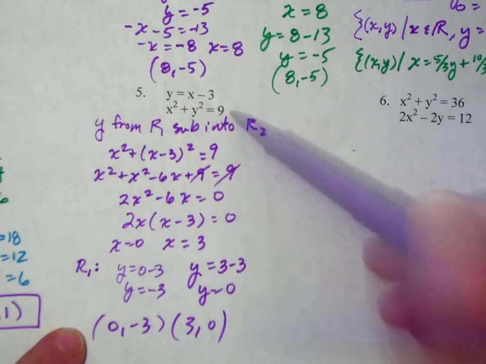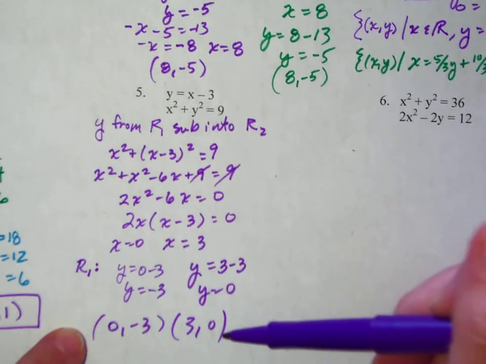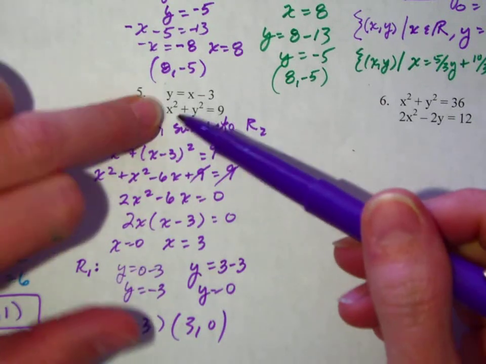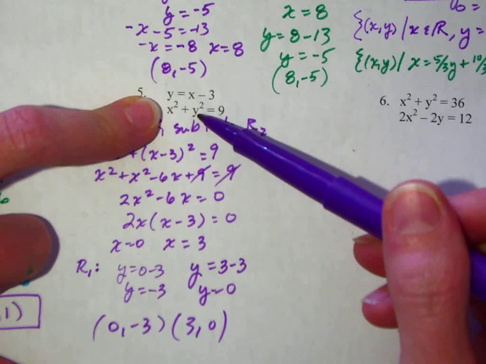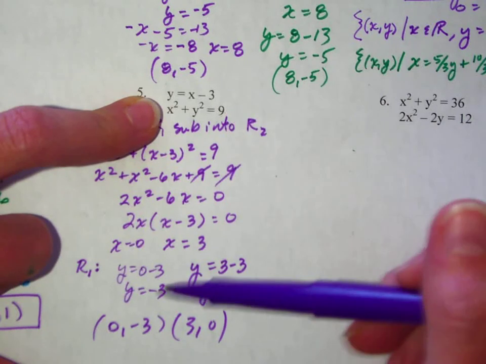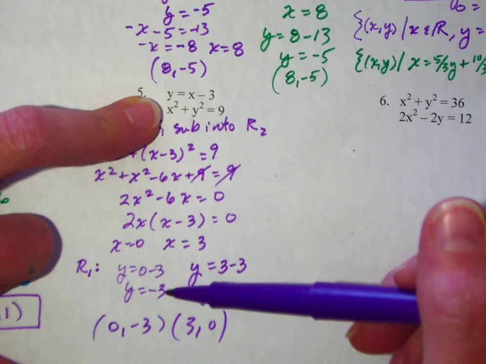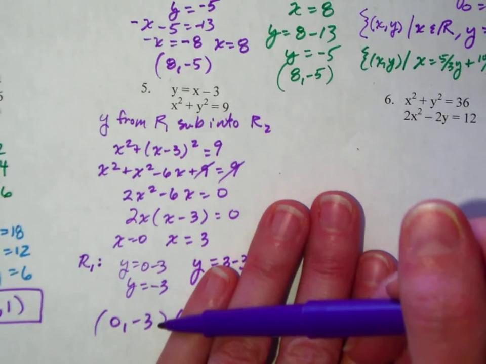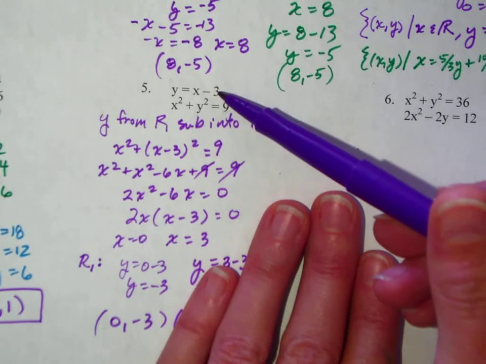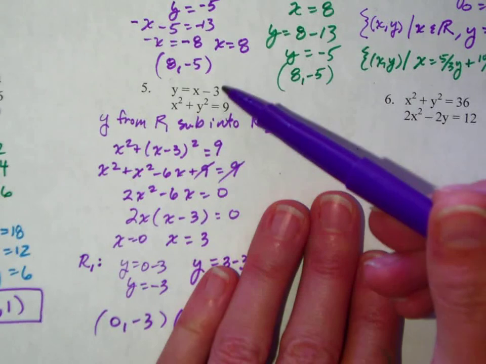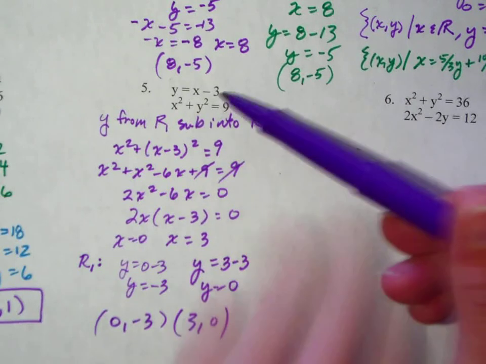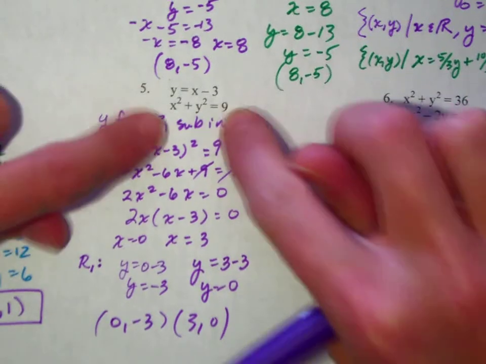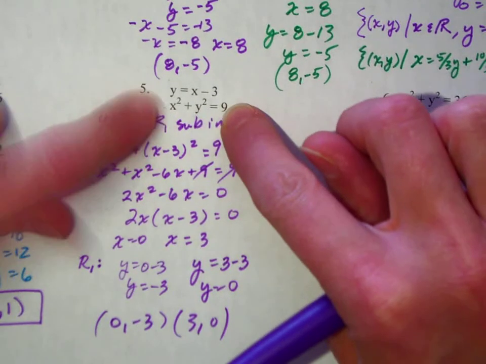Now, a couple of things here. I have a line and a circle, so I can have a maximum of 2 solutions. If you were to plug in 0 here, and then you're going to get y squared equals 9, so then you would get y equals plus or minus 3, right? So you would have 0, -3, and you would have 0, +3, but then you need to check. And if you had 0, +3, that would not work in row 1, that would be extraneous, okay? So do watch for that. So if you plugged into row 2, you would get 4 solutions, and 2 of them would be extraneous. All right, for number 6,